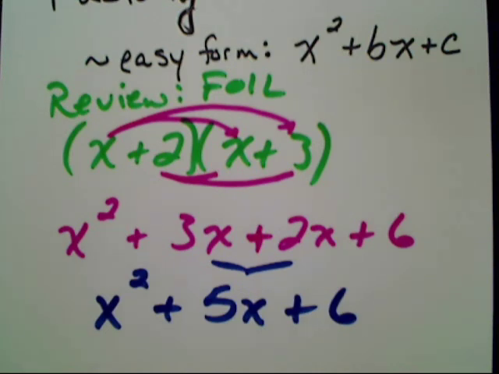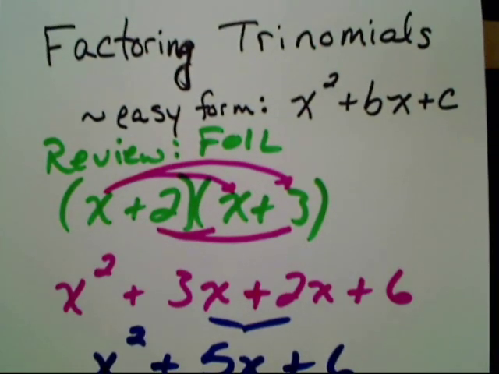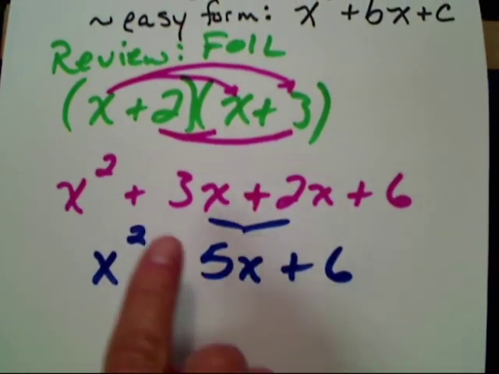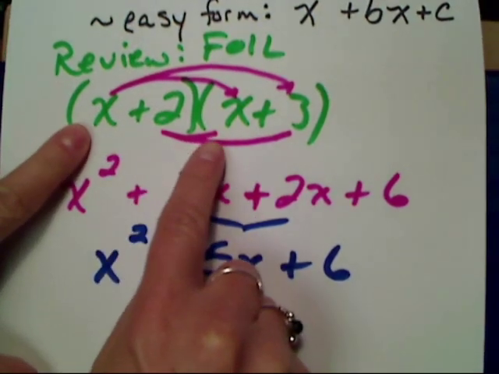It's all about going forward and going backwards. So we're just going to start with this one. Now, if you think back to how we simplified things last week with the FOIL method, the first x times